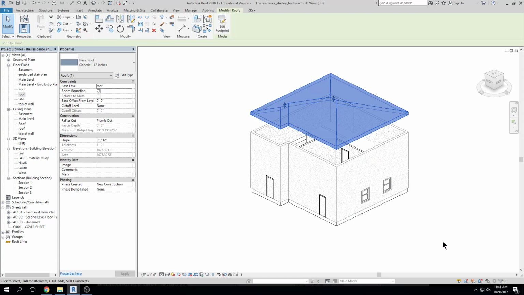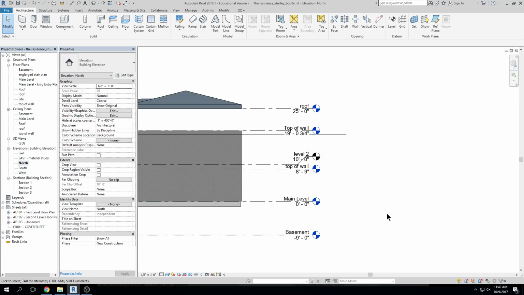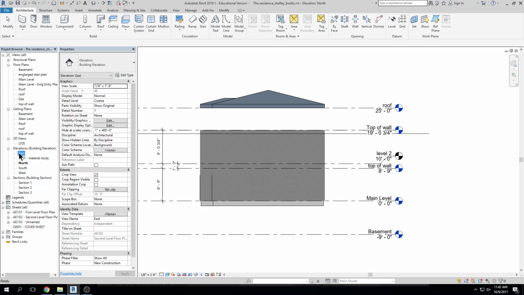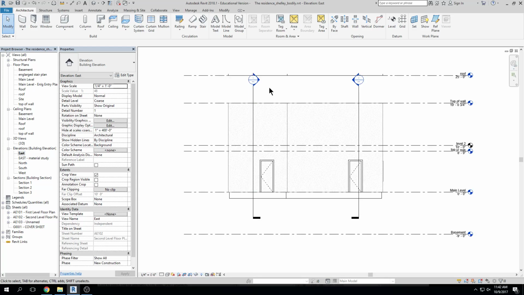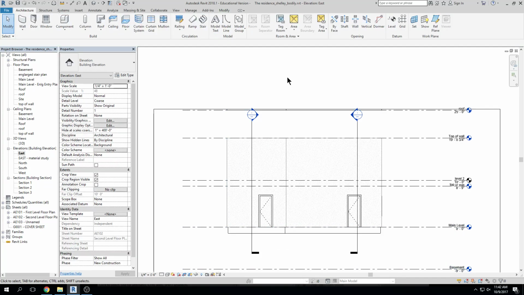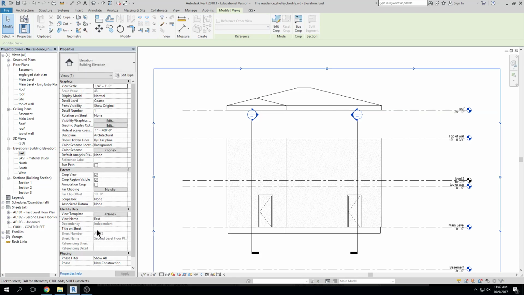So I just created this kind of hipped roof, I guess. And let's look at this in an elevation view. Okay, so I'm going to go to north. There's my roof. And again, what's great is that this is automatically generated in my elevation. It's fantastic, right? North, east. Ooh, it's cut off. My crop boundary is cutting it off. Okay, south,